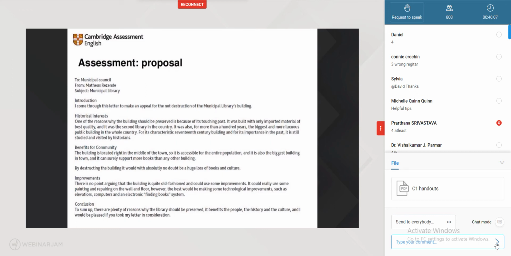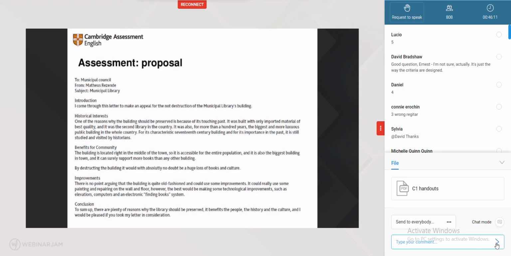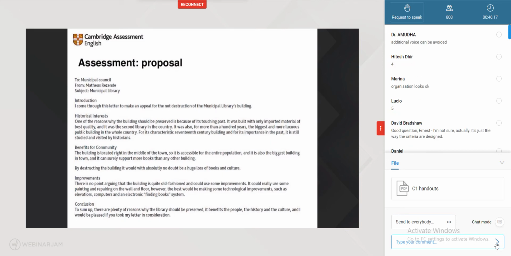I can spot a couple of little language wobbles. You can't help it, George. I know. Interesting. Someone said the wrong register. So communicative achievement, maybe not so good. If we're looking just at organization,